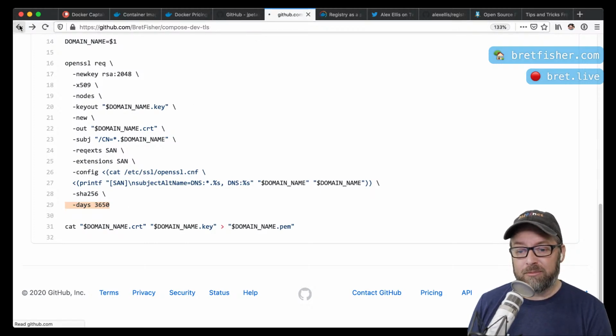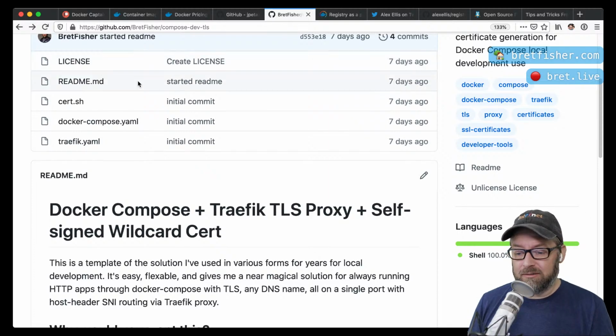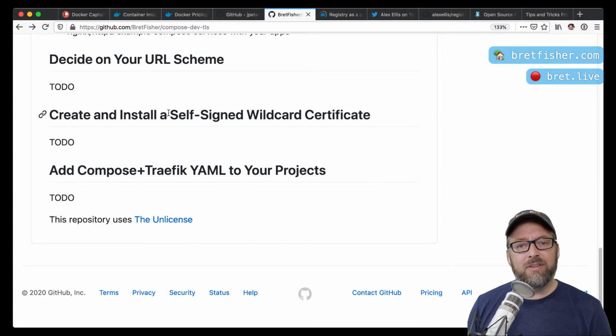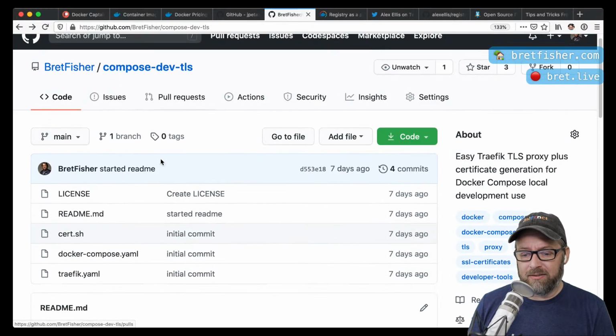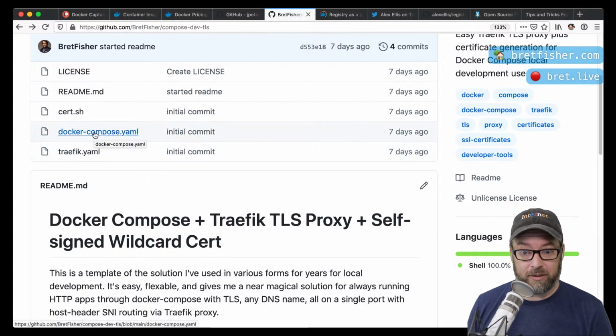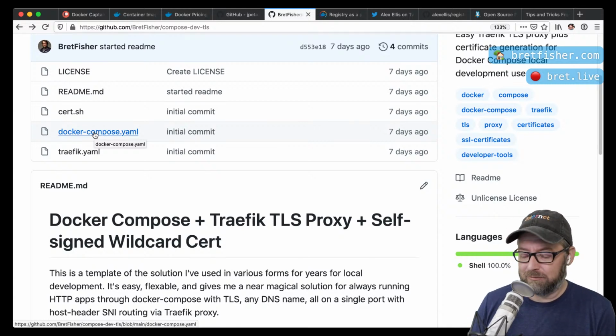All right. So that is step 2. Again, one-time deal. Now that you've done those 2 things, everything else is easy and you just do it per project. And all it is, up at the top, is a Traefik configuration for the proxy and then a Docker Compose file, because I'm assuming you're using Docker Compose, right? I mean, you should be using Docker Compose.